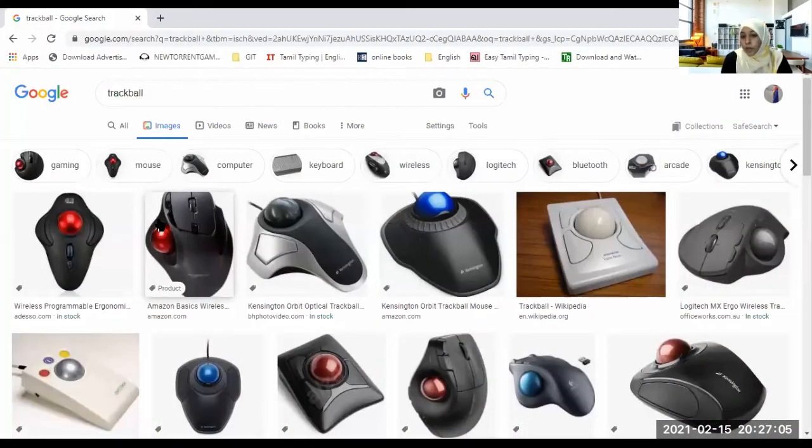The trackball is a kind of mouse. It is like a mouse. Now a laptop has an attached mouse pad. With a trackball, we don't move the mouse. With the mouse we move it to move the pointer on the screen. See, this is the pointer.